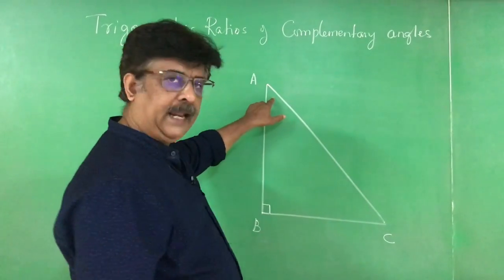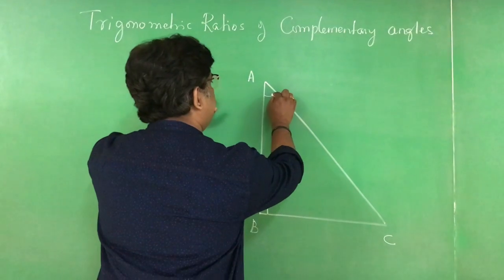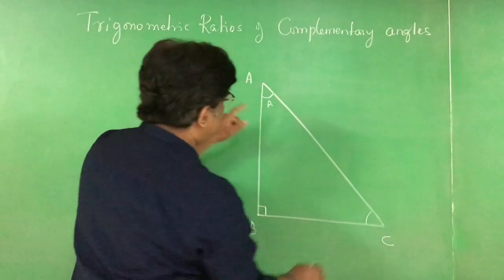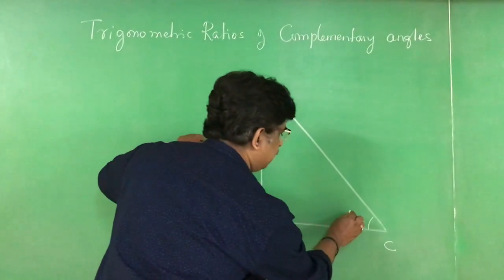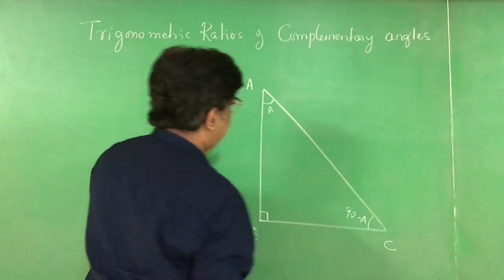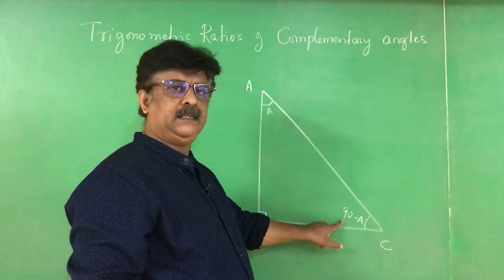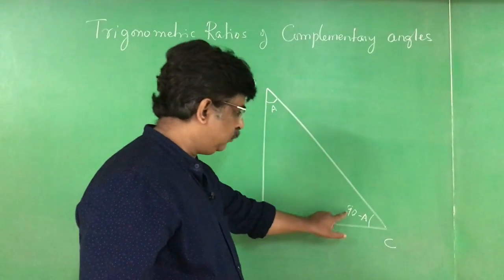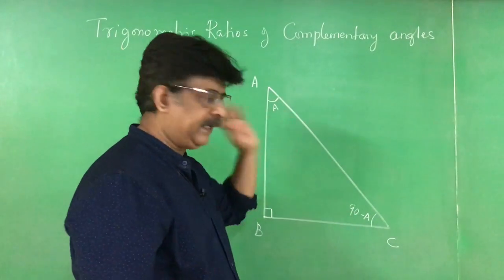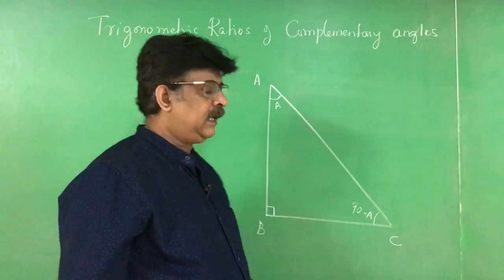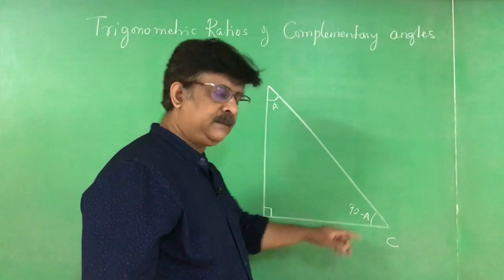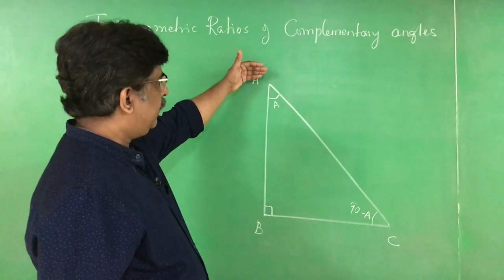Now here there is an angle A. I mark this as A only. This is the other angle, and it should be the complement of A. Complement of A means 90 minus A. If this is A, this is 90 minus A. When you add these two, A plus 90 minus A, the A and minus A cancel, you get 90. These two are complementary. Both of them are acute angles. Therefore, I define trigonometrical ratios.